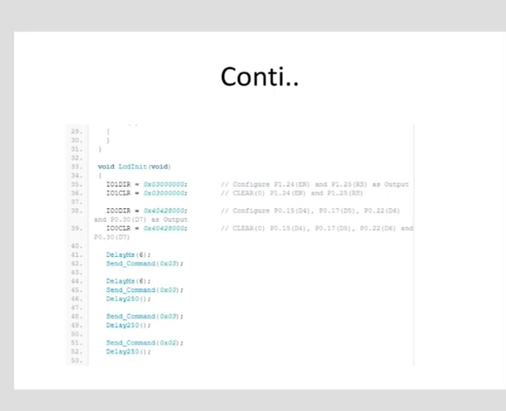Here IOXSET is the GPIO output set register. This register is commonly used in conjunction with the IOXCLR register. Writing 1 to this register sets the output high corresponding to the port pin, while writing 0 has no effect. Also IOXCLR is the GPIO output clear register. Writing 1 to this register clears the corresponding port pins, while writing 0 has no effect.